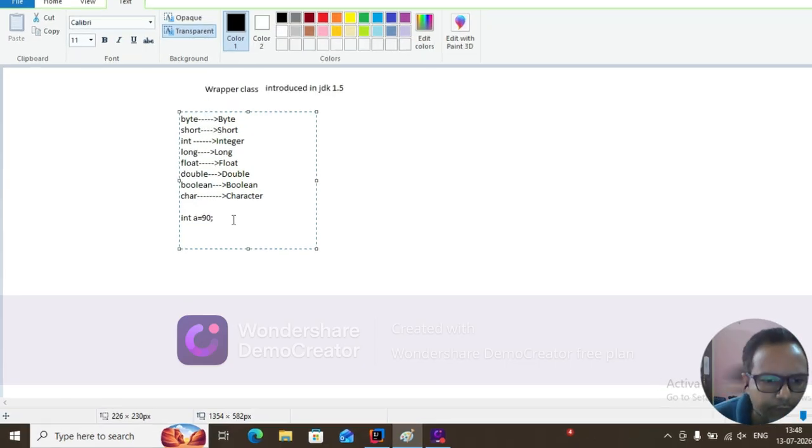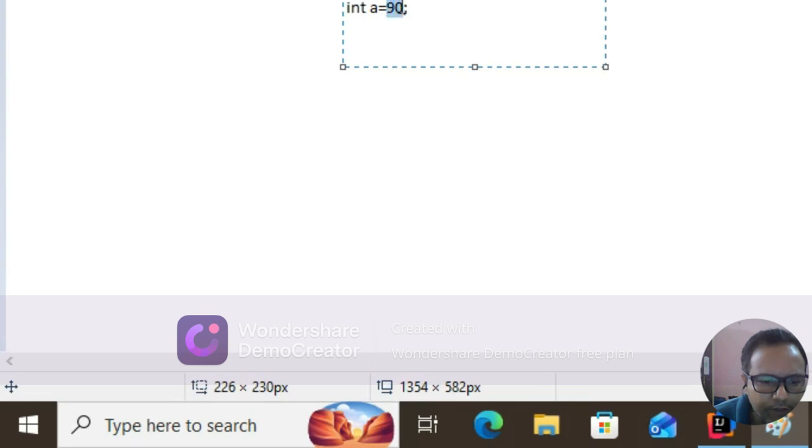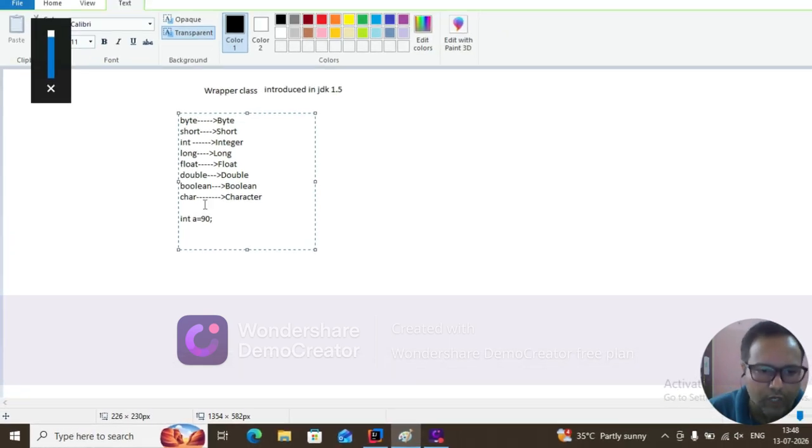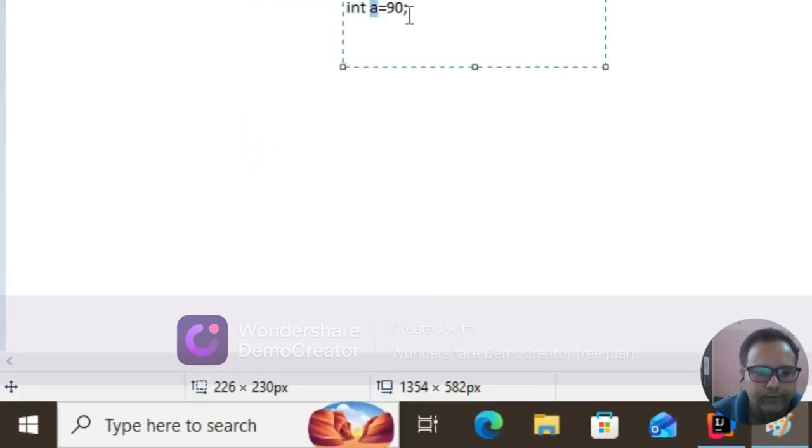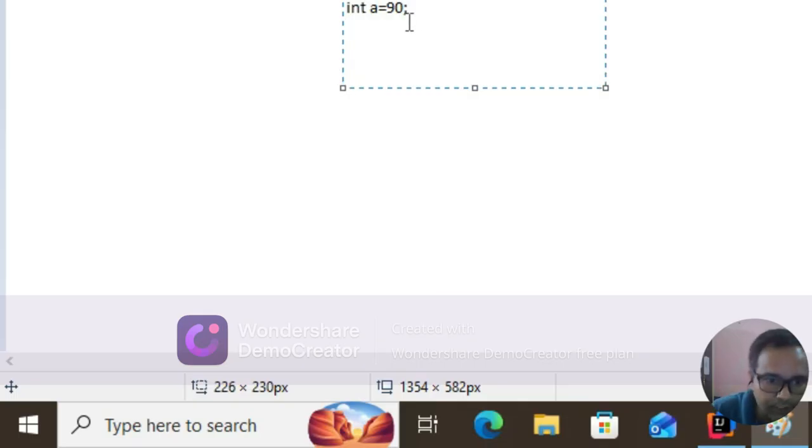This is my primitive data type value. Now I want to convert this value into an object. So how can you create the object? Remember, it's simple. For this primitive data type, the corresponding wrapper class is